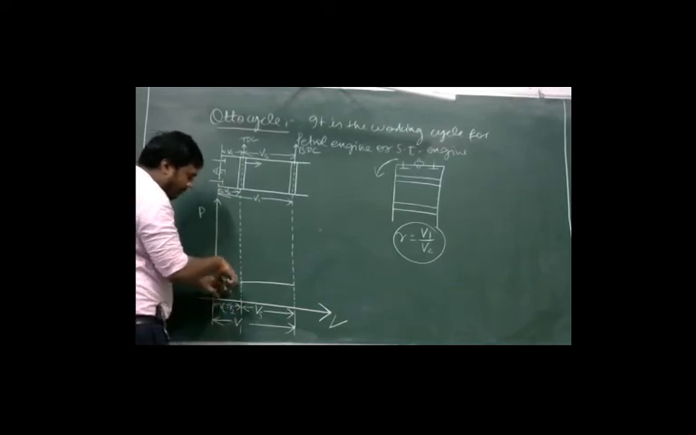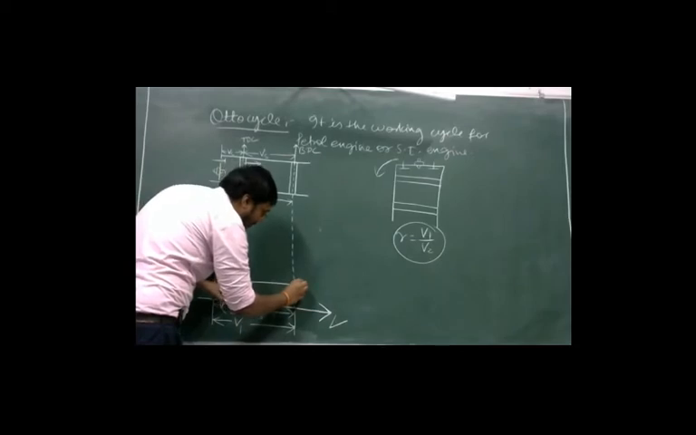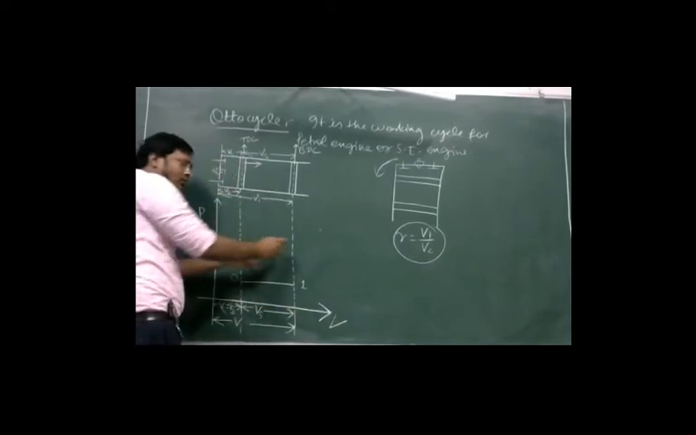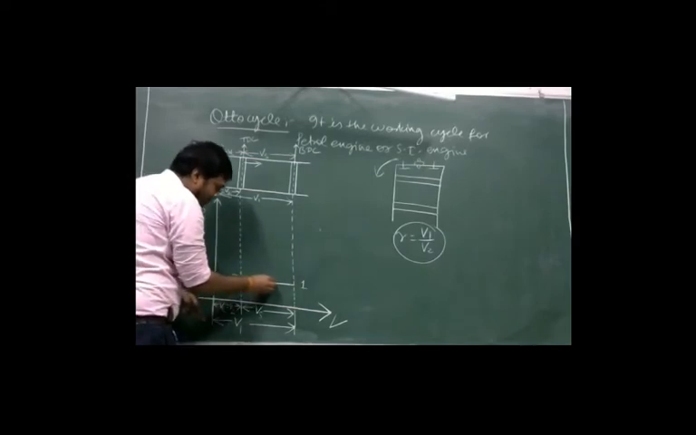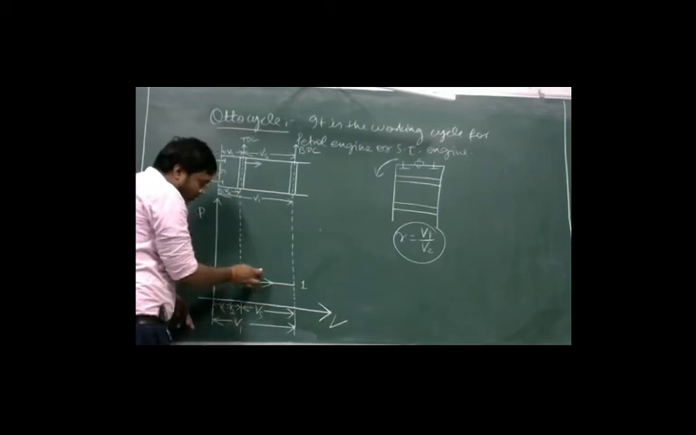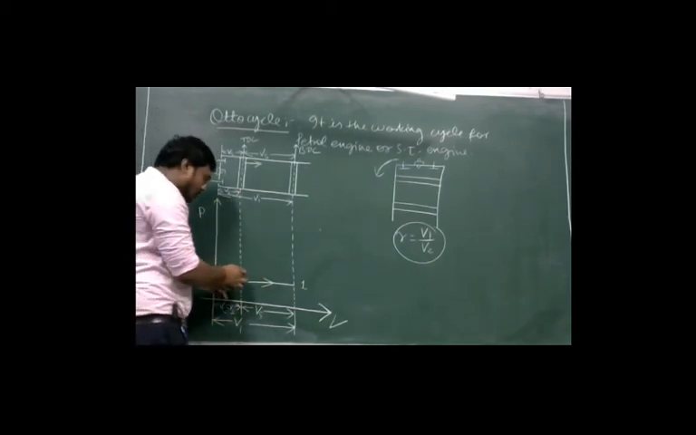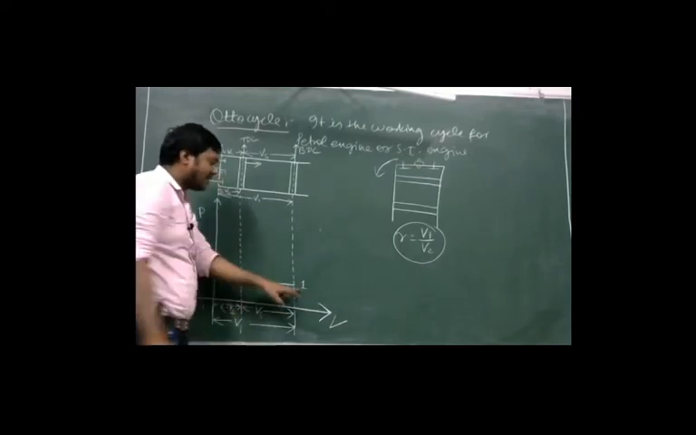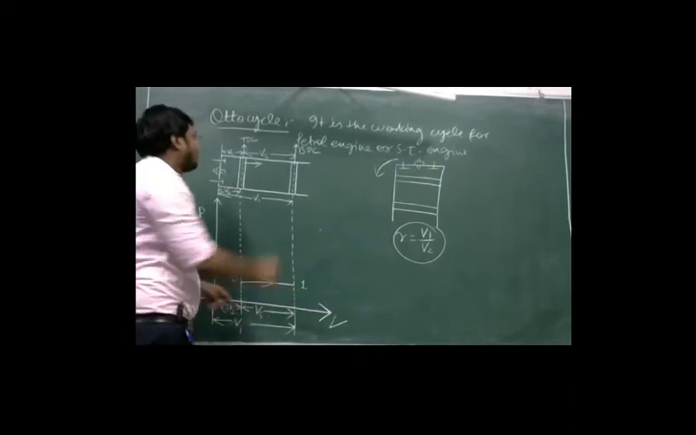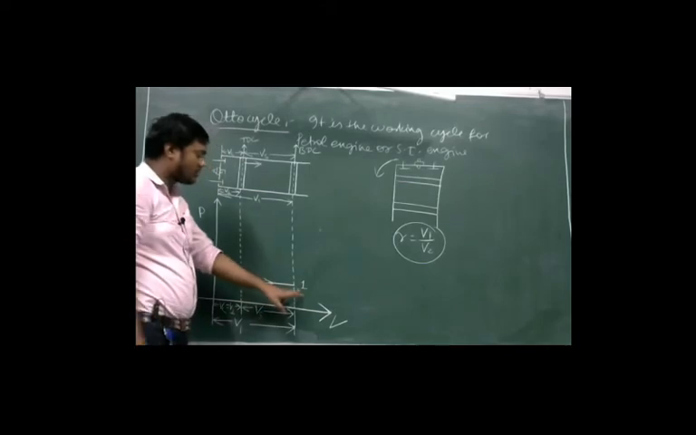Now we have moved from 0 to 1, and we are moving from TDC to BDC. So the direction is like this. The arrow is very important. The arrow shows the direction. So we are moving from 0 to 1 and the suction stroke is completed. After the end of the suction stroke, the piston will be at BDC. So we are at point 1. Here the suction stroke is completed